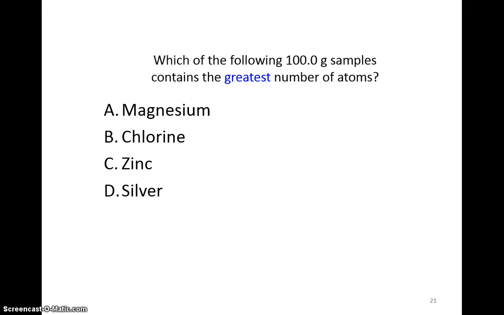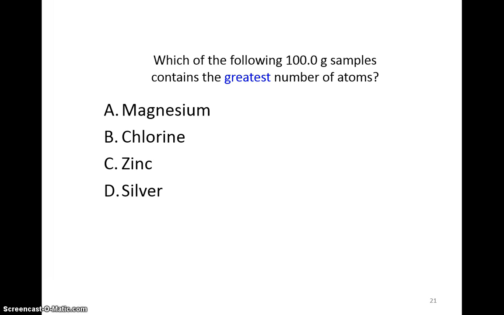So a quick multiple choice question. Which of the following 100-gram samples will have the greatest number of atoms? Please take a second, pause the video, and solve this question. Okay, so hopefully you should realize that